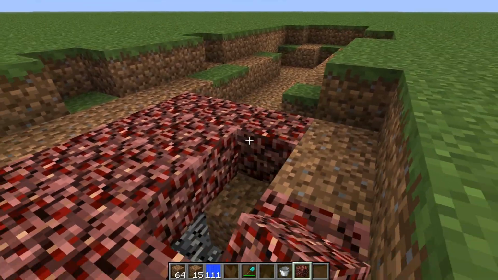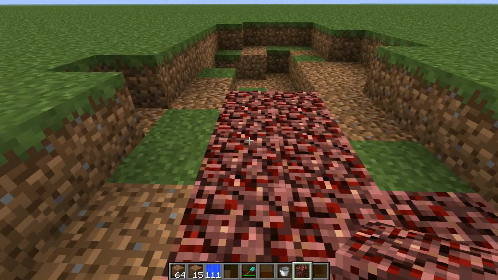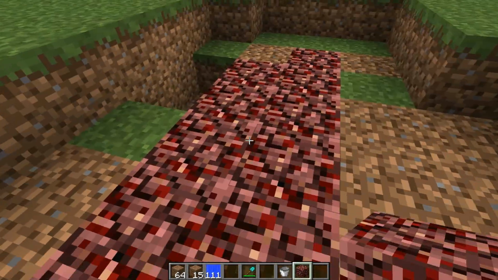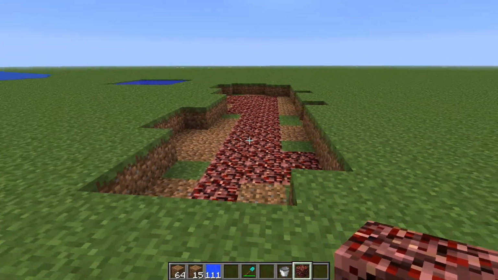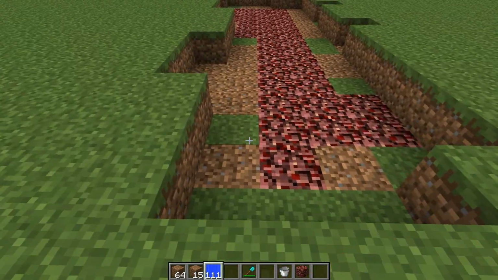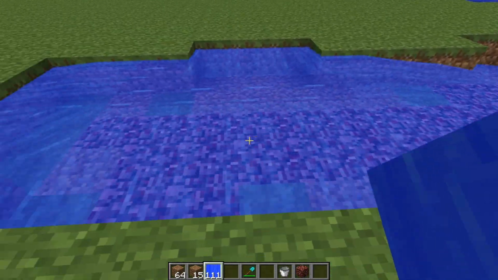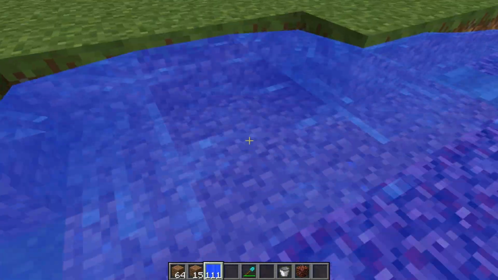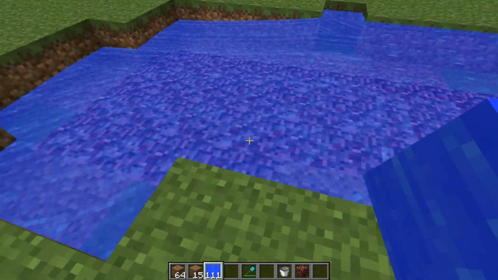So this is how I made the rivers. The reason I'm using netherrack is because it lets me see. If I use dirt again, it would contrast, or I wouldn't be able to tell where I had originally lined out my little lake or my little river. But anyways, then you go through here and with the techniques we've shown, just place some water using your buckets, using infinite sources, and fill all the water in here